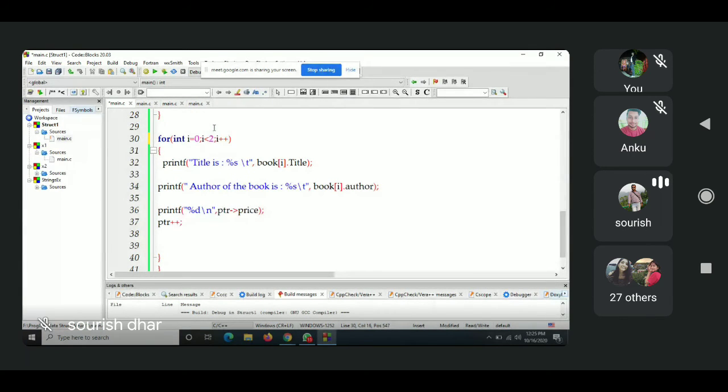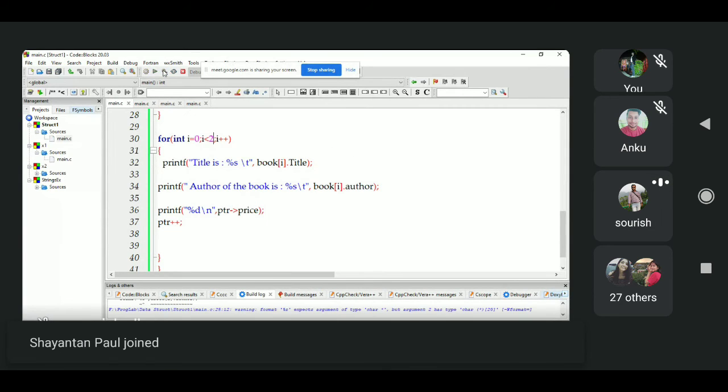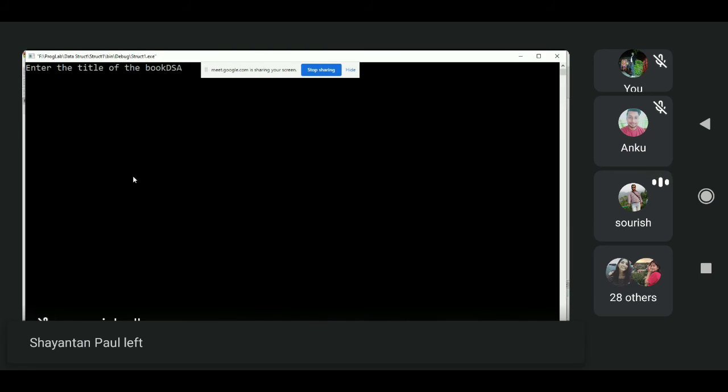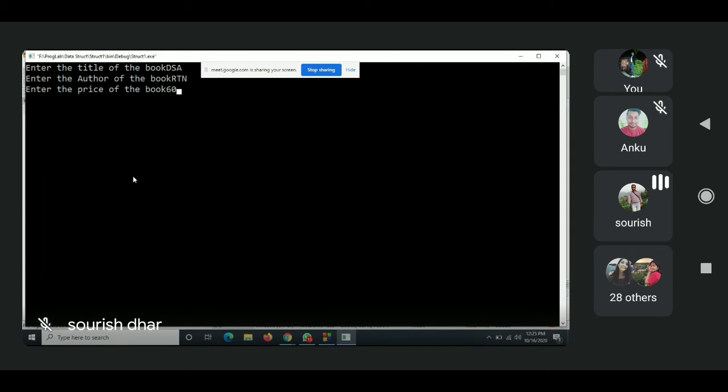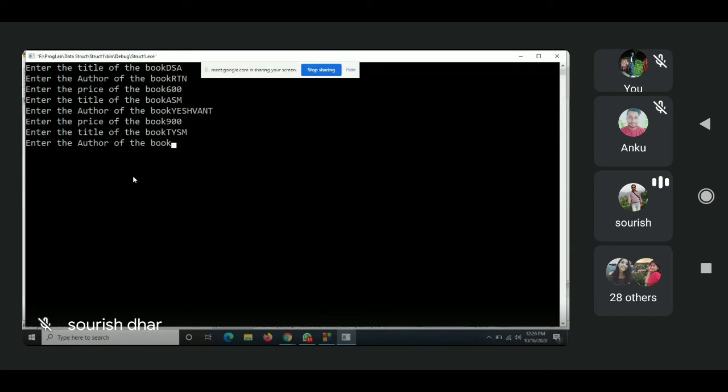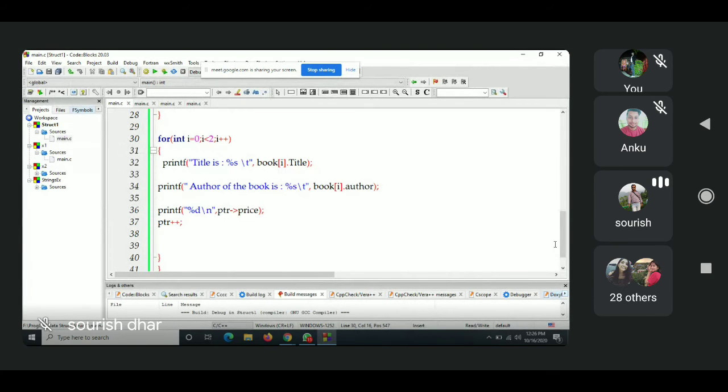Okay, let me change it a little bit so that I keep i less than 2, and I'll have 2 book options. I have not changed here.